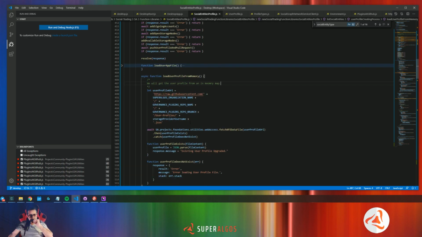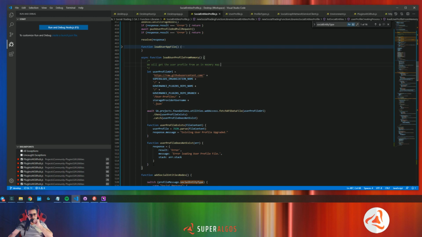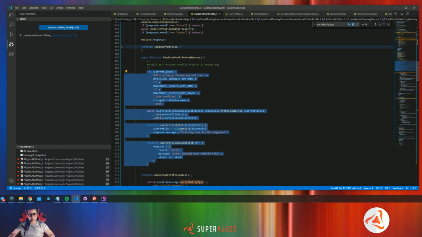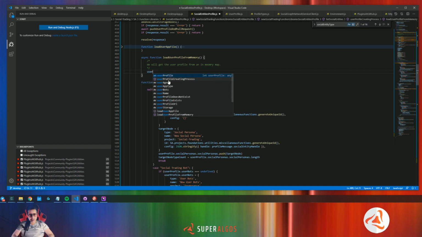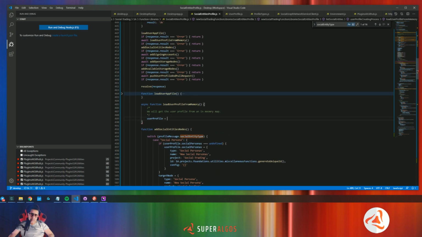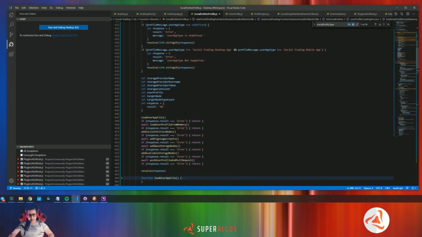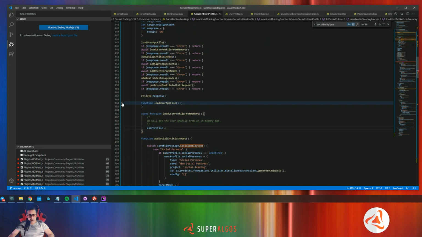Okay, so this is going to be replaced by user profile is going to be equal to, and we have already, when we read this file,